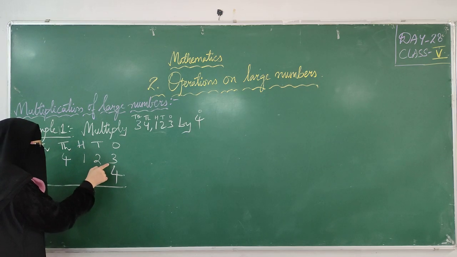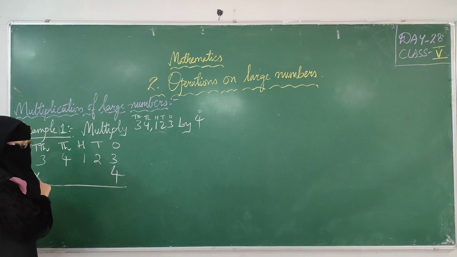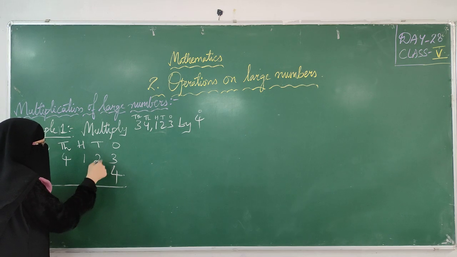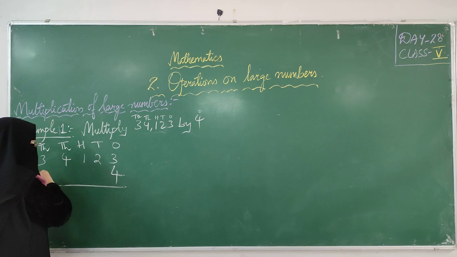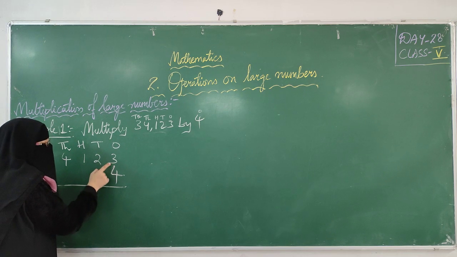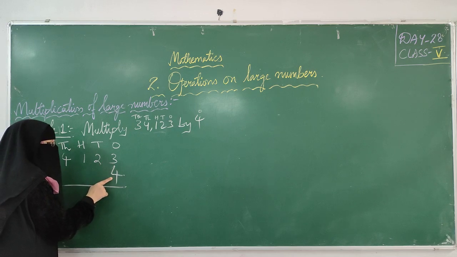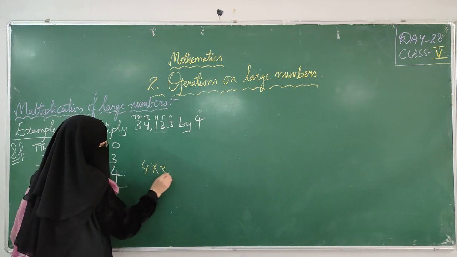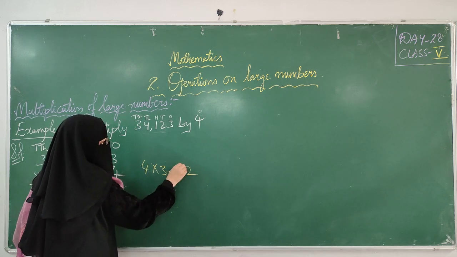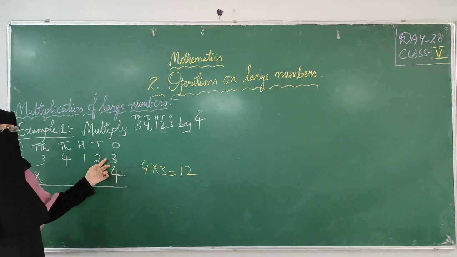I will multiply this number by each and every digit. Okay. Start with 4. Above 4, which number? 3. Multiply that. Then after 3, 2. After 2, 1. After 1, 4. After 4, 3. Like that. Above 4, we have 3, right? Multiply. 4 threes are, we'll get what? 12. 4 threes are 12.